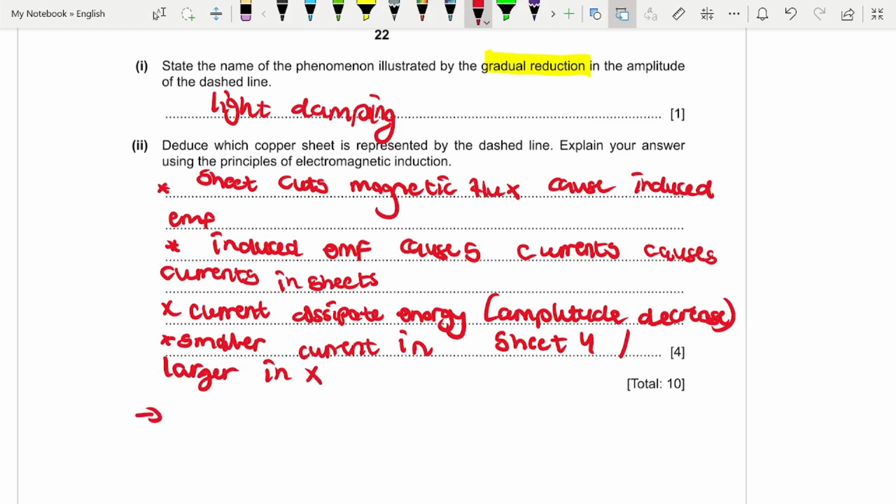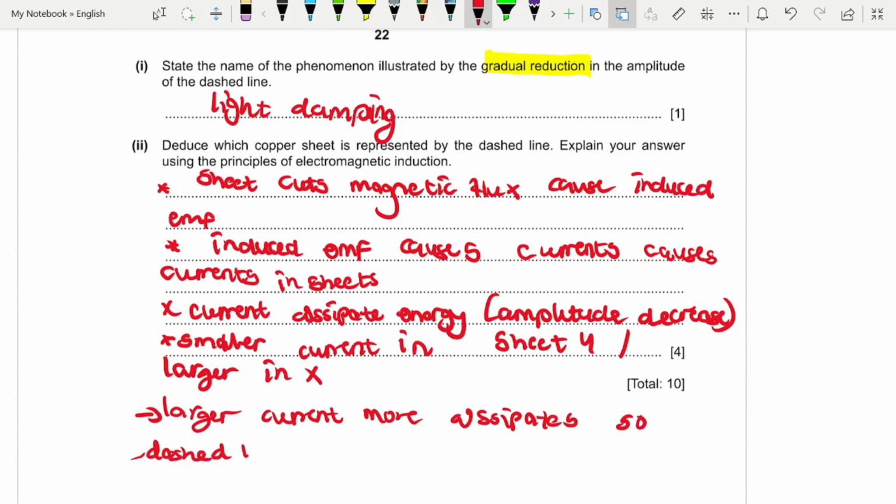And if you have a larger current, guess what? A larger current means a larger dissipation of energy. You're dissipating a lot of energy. A smaller current means very little dissipation, so you're still going to oscillate pretty fine. But if you have a larger current, you're going to dissipate a lot of energy. So our dashed line can only be